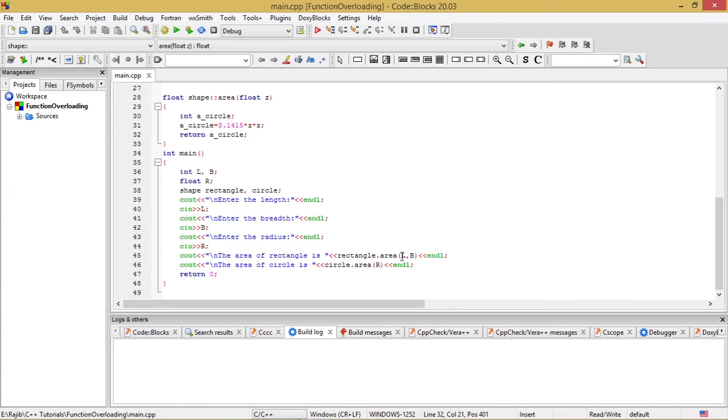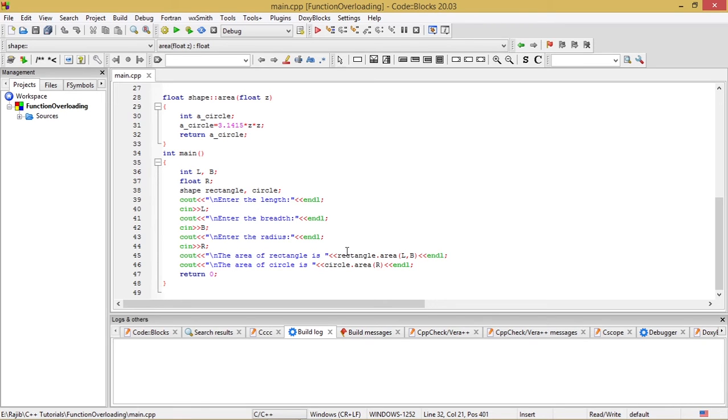So these are the actual arguments which are passed to this function area. This function has the same name as the function in the next line, which has been called as circle.area with argument r, but in both cases the function name is the same. So which function is being called by which of these statements?